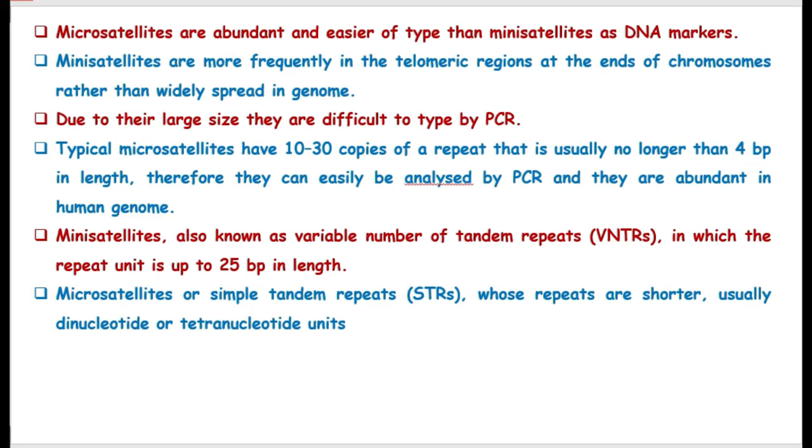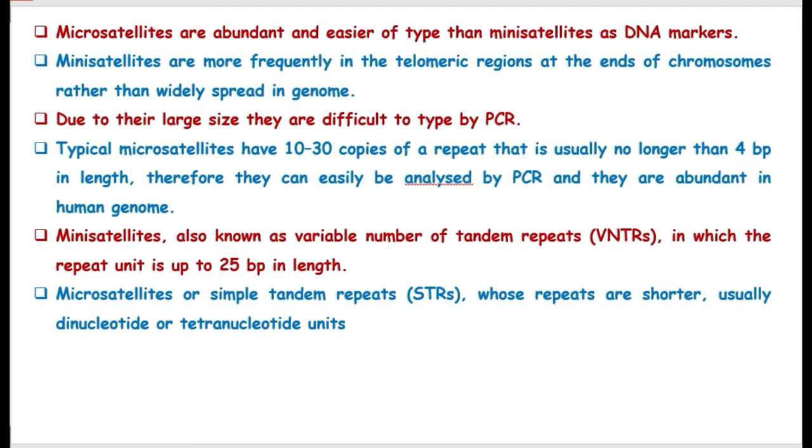So second generation human genetic maps were based on a different class of DNA markers, which were microsatellites. Microsatellite DNA is the name given to short tandemly repeated DNA sequences. The repeat unit can be 1 to 4 nucleotides long, like A, AG, AG, AG, AG, ACG, ACG, ACG, or ACGT, ACGT, like that. So we can have 1 to 4 nucleotide long repeats, and they were common in the human genome. Individual microsatellites quite often have a large number of repeats, making them unstable, so that the number of repeat units varies. Microsatellites are abundant and easier to type than other markers.